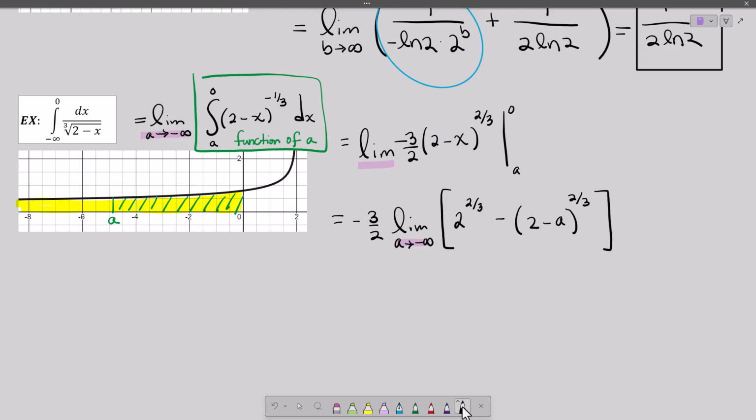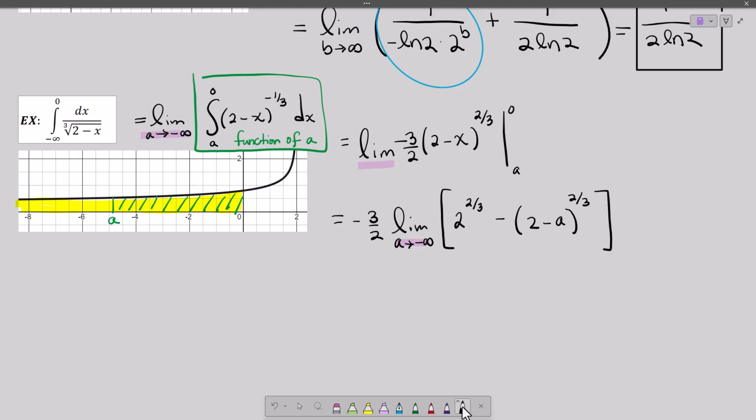So, when we think about evaluating at negative infinity, this 2 to the 2/3 is just a constant. It's an irrational number. Who knows what it is? You know, the third root of 2 squared, or you could make it the third root of 4, whatever. It's just a positive number. And then we subtract off. And we have to